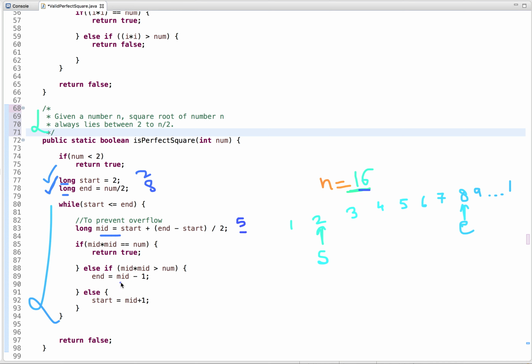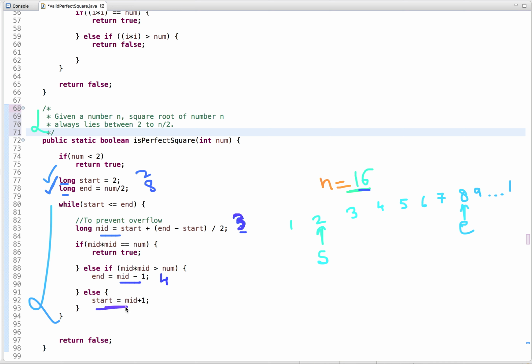So we reassign the value of end, and the new value of end is mid minus 1, which is 4. In the next iteration we again calculate the mid, and in that case the mid is 3. This time when we do the square of mid, it is 9, which is less than 16.